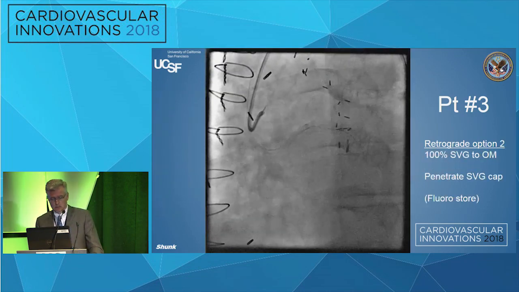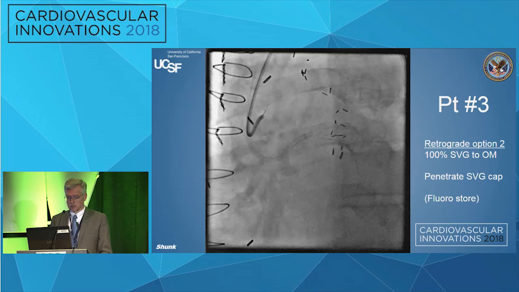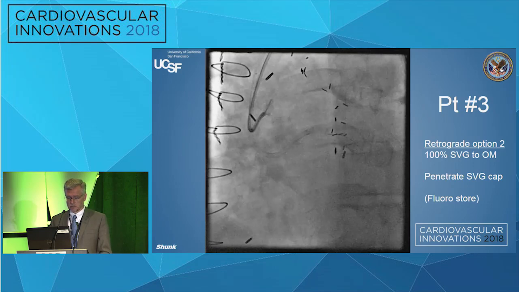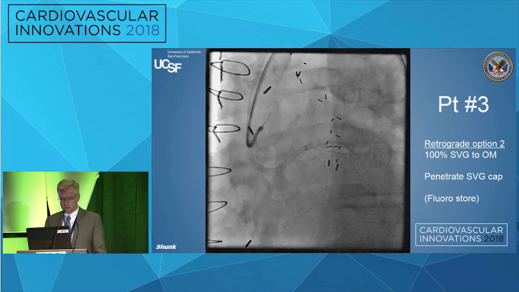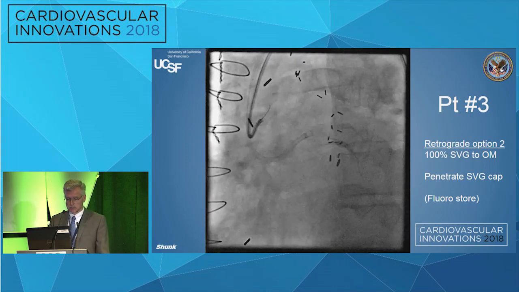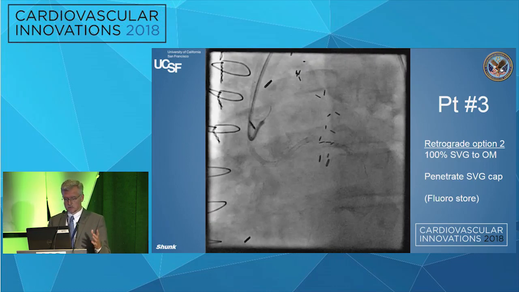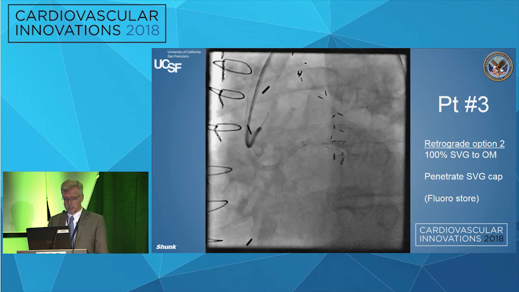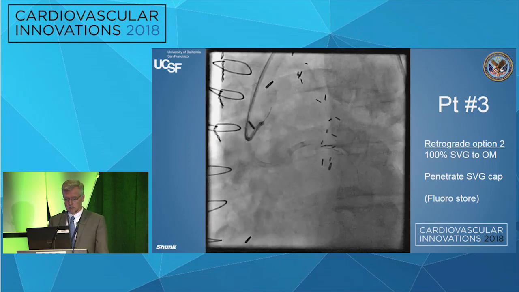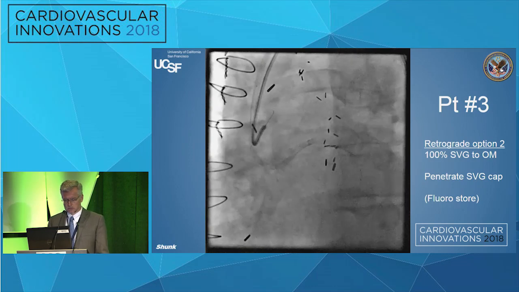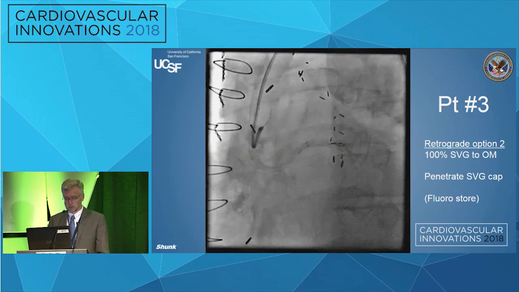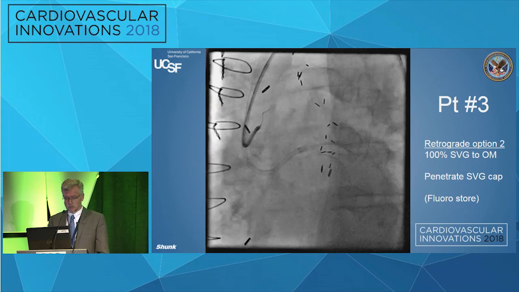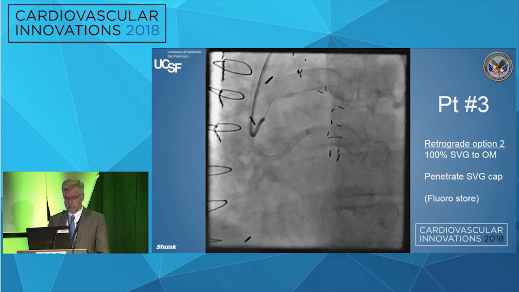So this is just going to be a fluoro save. Here we'll do a little puff into the vein graft. This is a completely occluded vein graft, the other end of the one that goes to the OM that we saw filling in the other way. I saved the whole fluoro thing to show it's really not that big of a deal usually to get a stiff wire. I don't remember which this was, maybe a Gaia 3rd or a Confianza Pro, the typical ones we'll use. With a support catheter, a little bit of pushing and torquing, you can penetrate the cap